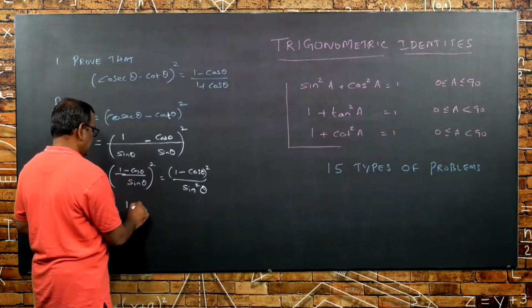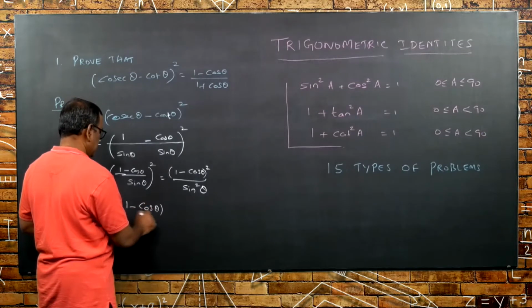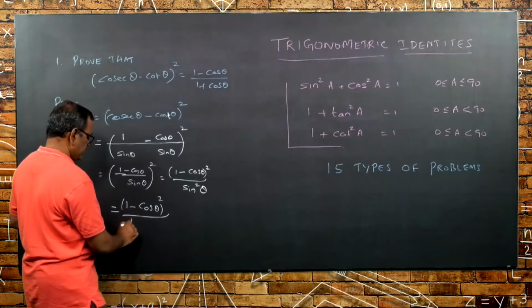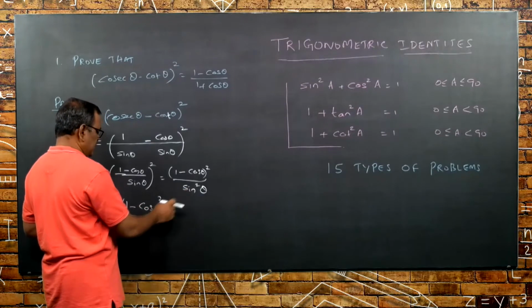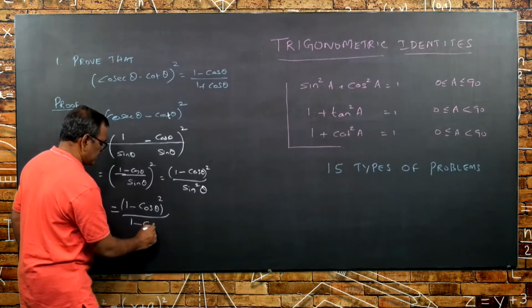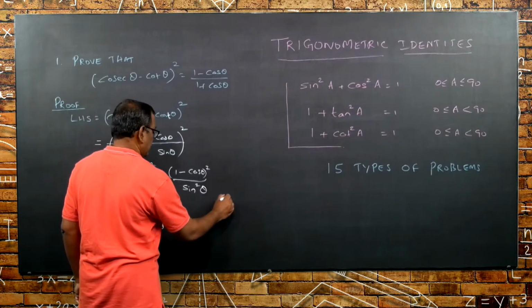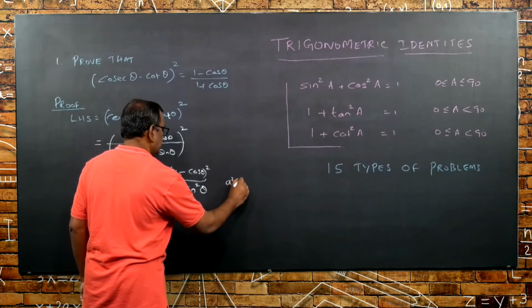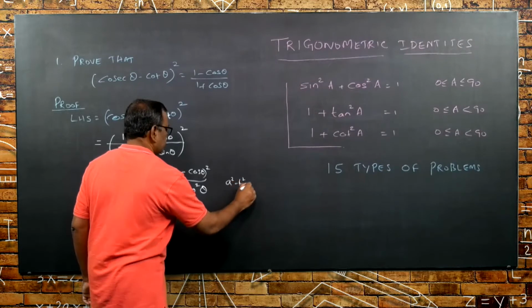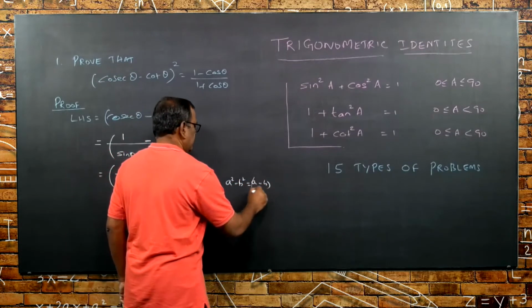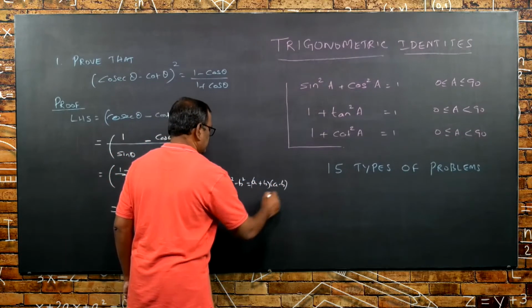This is 1 minus cos theta the whole square by 1 minus cos square theta. If you apply the formula a square minus b square equal to a plus b into a minus b,